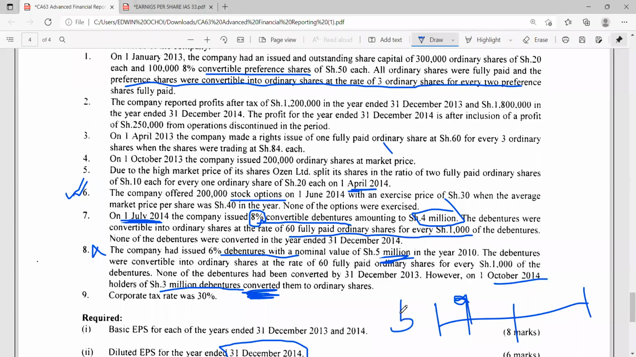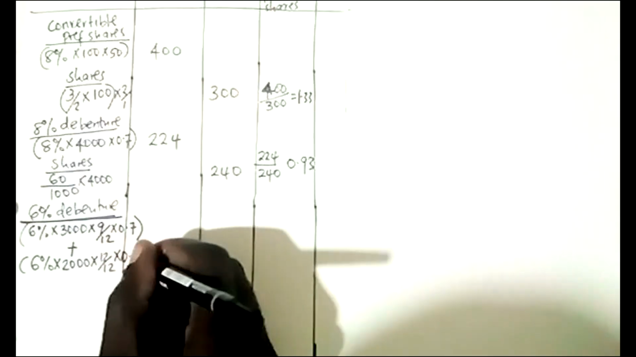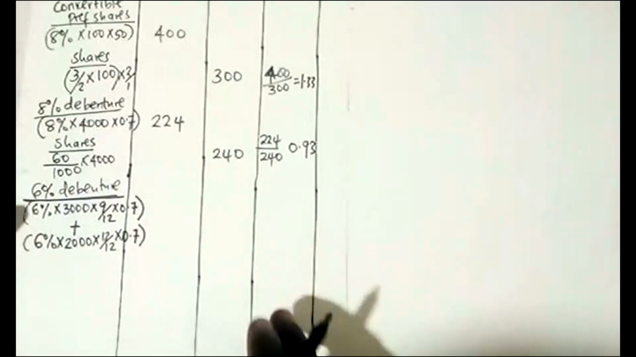Remember that the total security was 5 million. They converted 3 million by October. So which means that the 2 which was never converted was there from the start of the year to the end of the year. That is why I'm saying 12/12. Net of tax. Then for the shares,